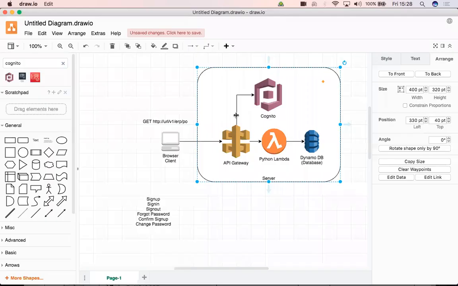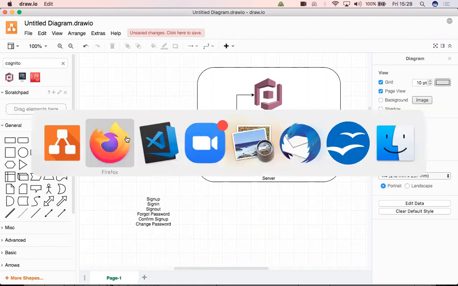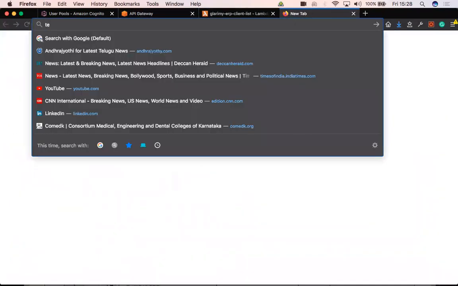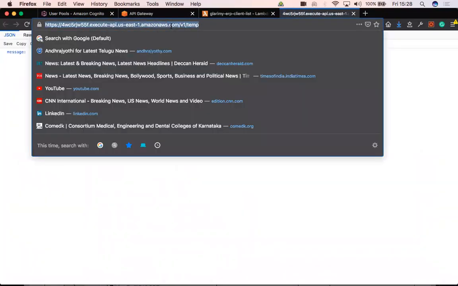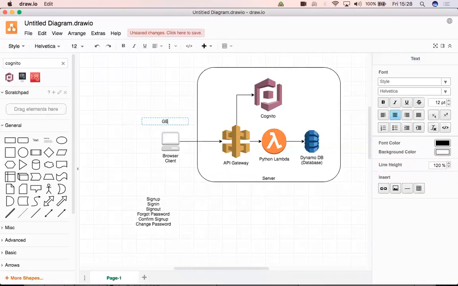If you look at the diagram, the API gateway for a particular API, what is that API? It is like v1 temp, or let me give the full URL, whatever we have tried already. This is the URL we tried, which is currently saying you cannot access.